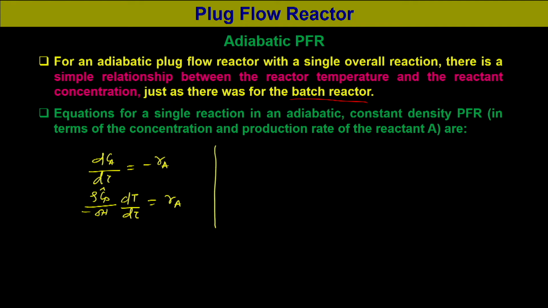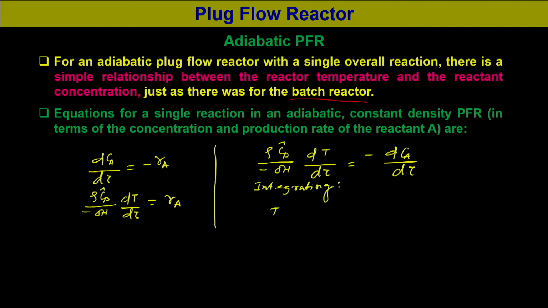So, from these two relations we can equate the rate of chemical reactions, and we can write rho Cp by minus delta H dT/d tau would be equal to minus dCA/d tau, and if we integrate,